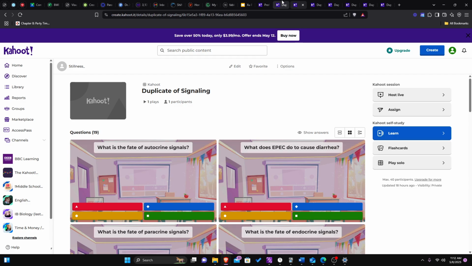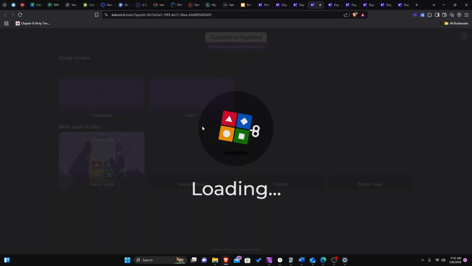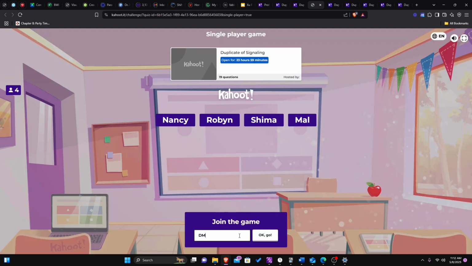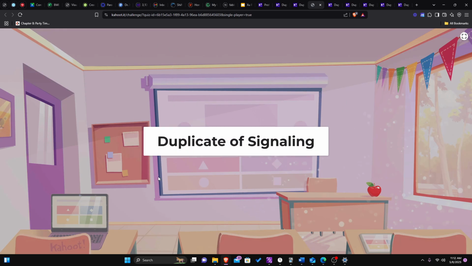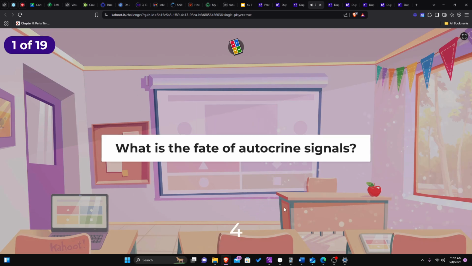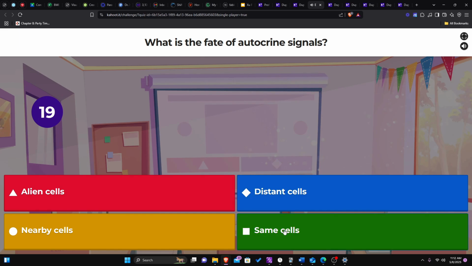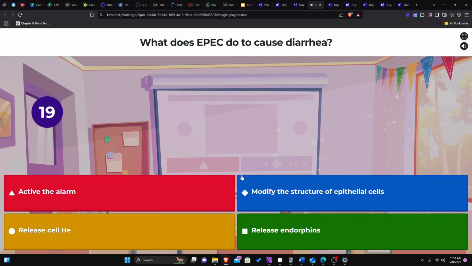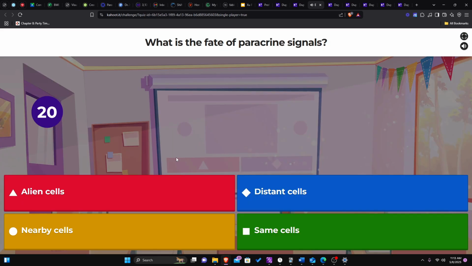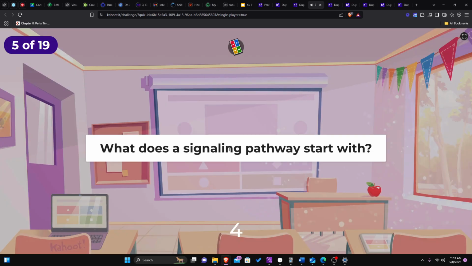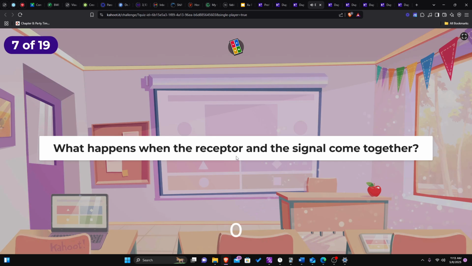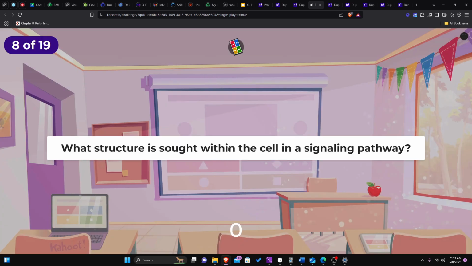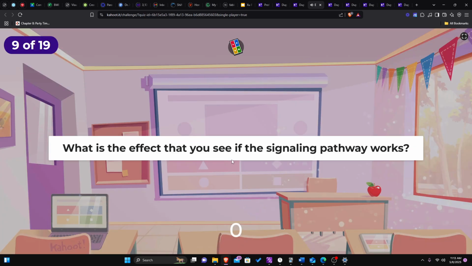Alright, so now we move on to the last two. Signaling. And is going to be stem cell, epithelial, endocrine nearby, endocrine distant, contact first, receptor, signal come together, so post response,